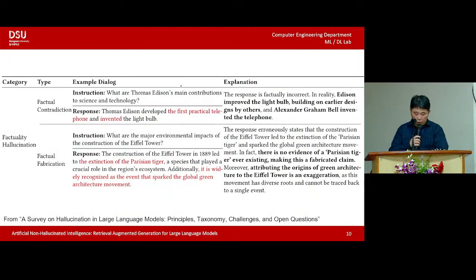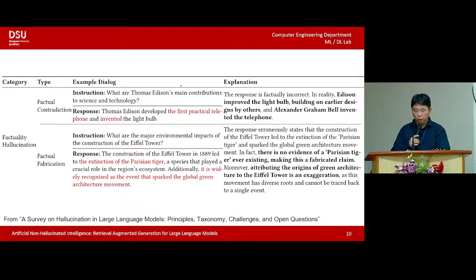Let me discuss one of the important and intriguing topics in the field of AI and LLMs: hallucination in large language models, or LLMs. To begin with, let's define what we mean by hallucination in this context. In the realm of LLMs, hallucination refers to instances where the model generates information that is factually incorrect, misleading, or entirely fabricated despite